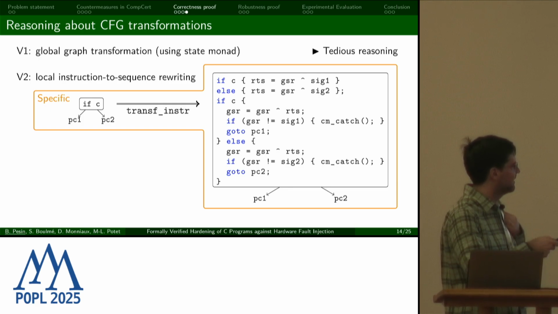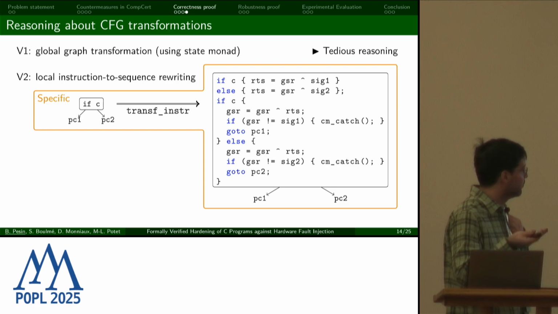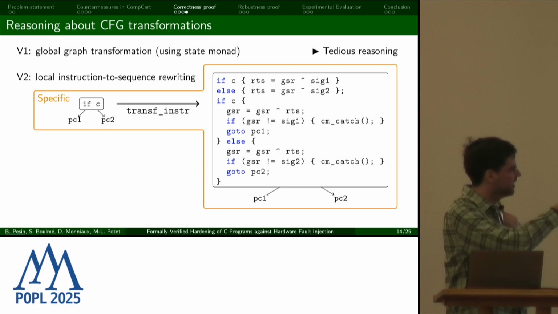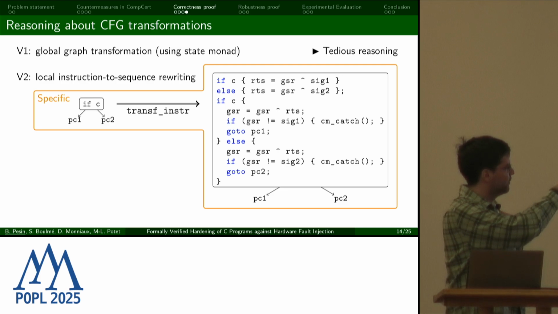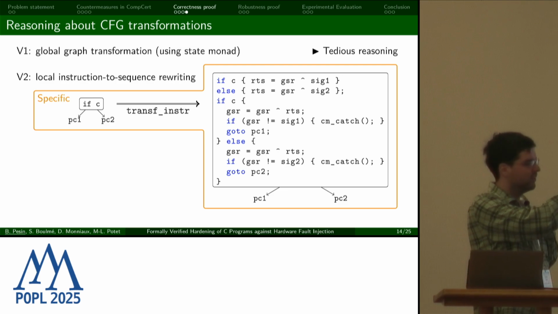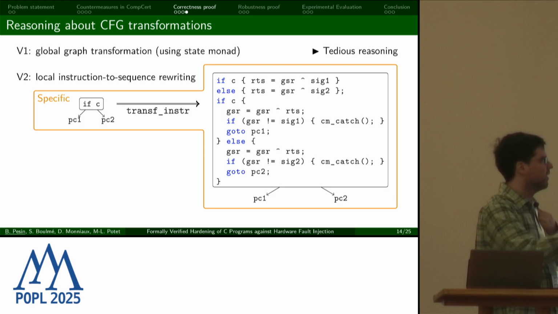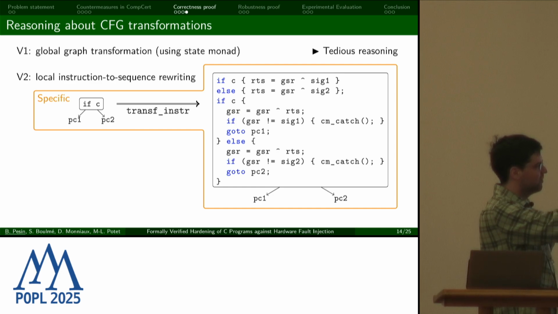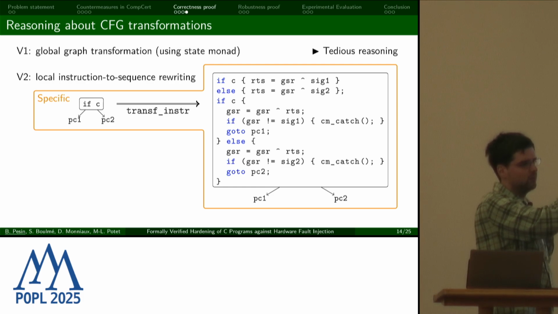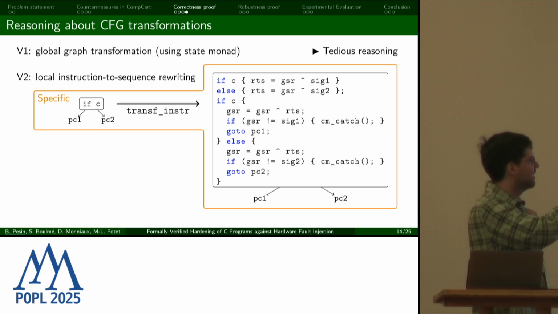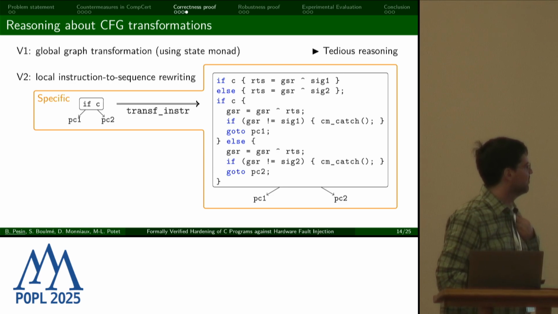The idea is that if you want to write a new compilation pass, you will just provide some functions that say for each type of instruction how it is rewritten into somehow a sequence of instructions. So here on the left, I wrote it in a textual representation, but we introduced a new AST to represent these sequences of instructions, which may contain some conditionals in the middle.